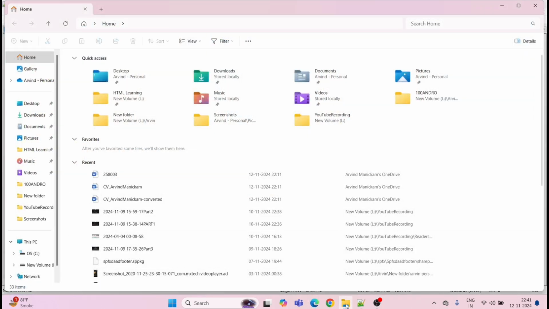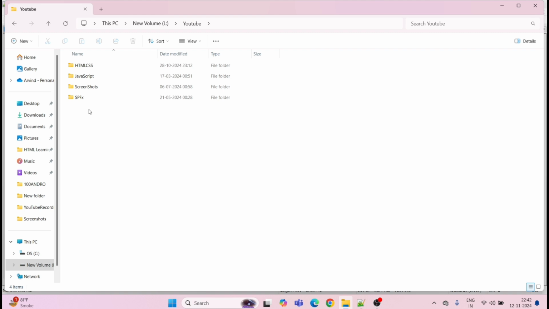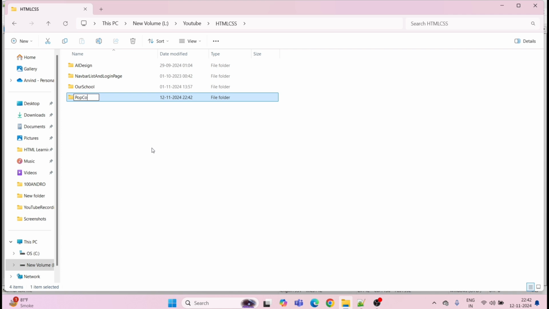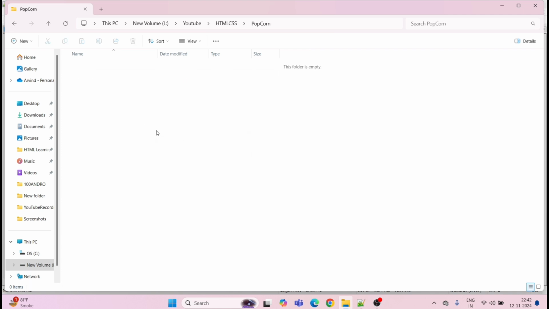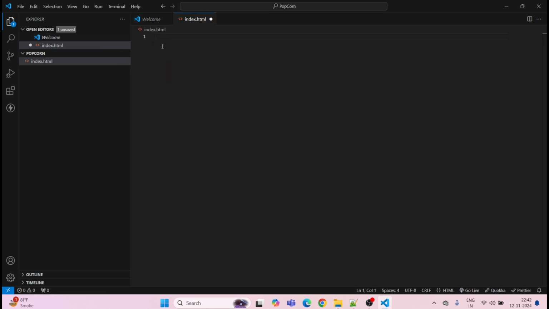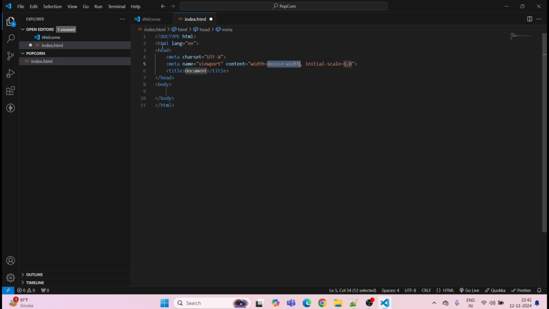Okay. I will go to the folder in YouTube, HTML and CSS. I'll create a PopCorn folder and open with code. I will create index.html, exclamation mark, enter. Title will be